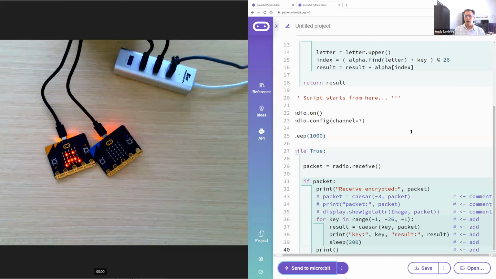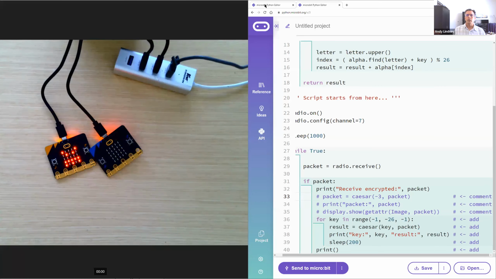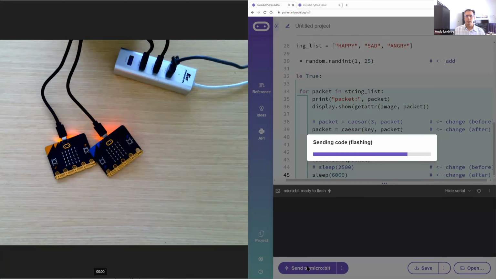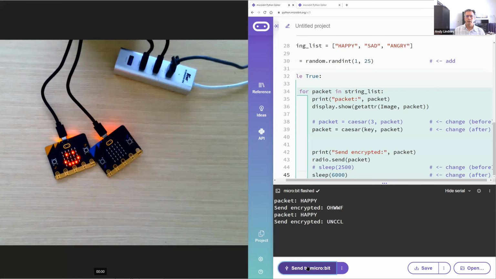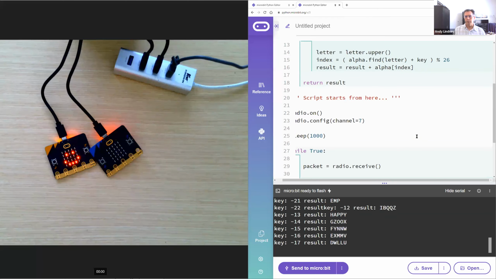Okay, so once you've got this going, okay, this is interesting. Send to microbit. Oh, I made a 6-second delay. If you feel like your microbit is stuck, it's because the delay for each face is longer. And then on this end, when you run it,